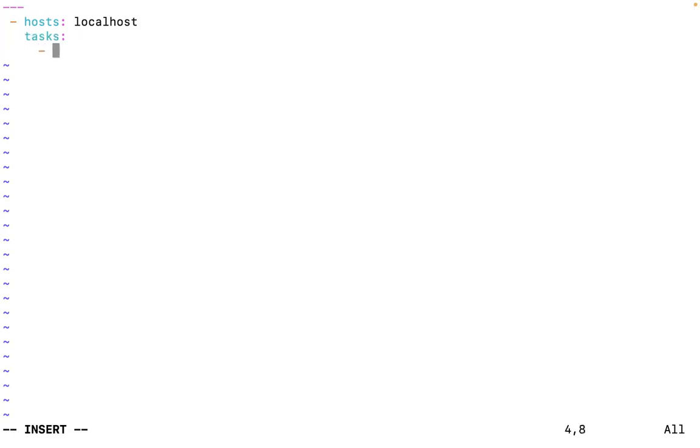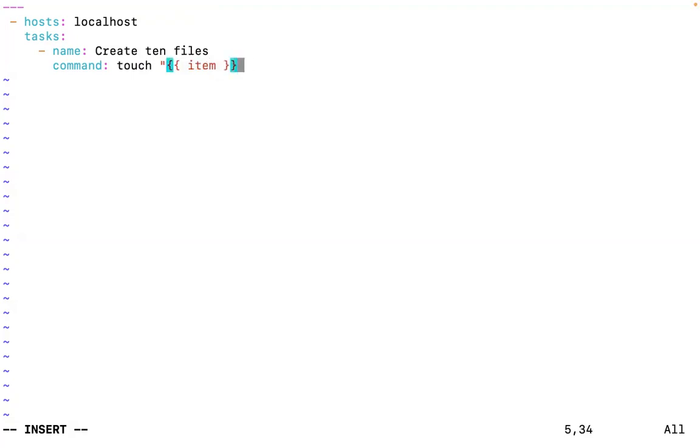And I'm going to use the first task, with some name, create 10 files, right? So what I will do is use the command module. I can use the same thing actually, touch. So this is how we create